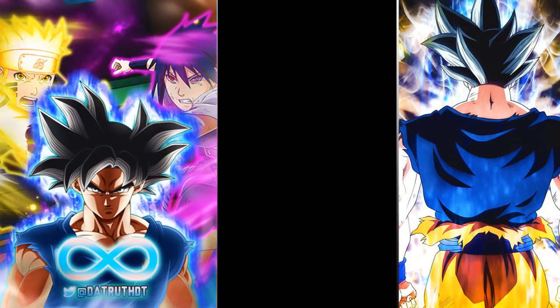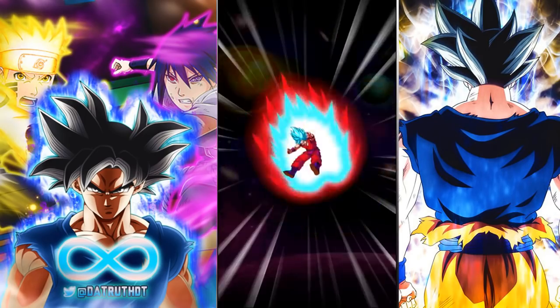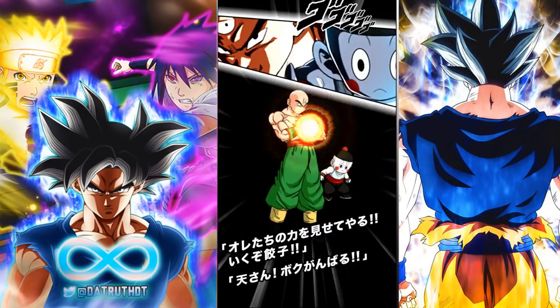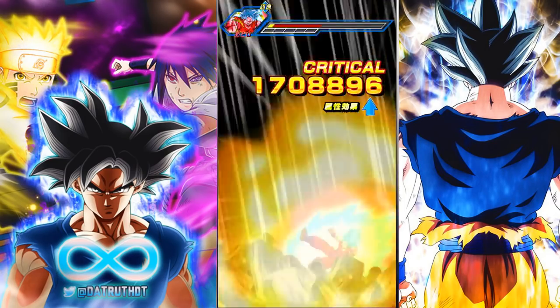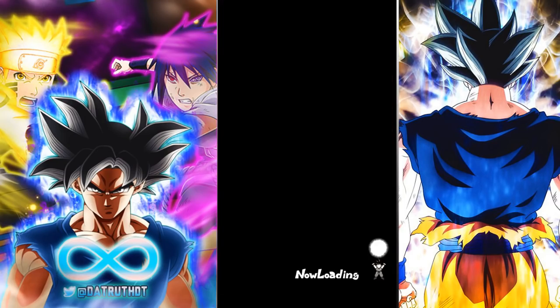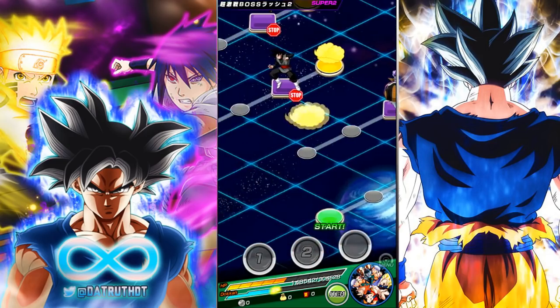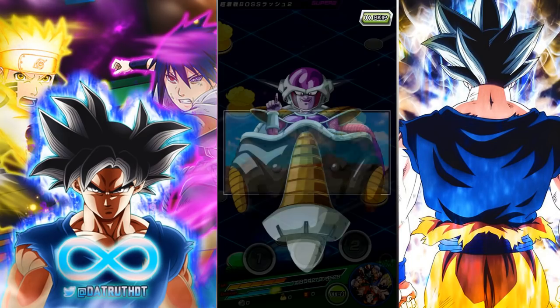That is pretty cool. And then LR Chunks and Goten, and then LR Tien and Chaozu, they do form a pretty good partnership. So obviously, the 2 of them actually link in a rotation, and they do very, very good. Goodbye, my boy. Goodbye. Not bad, but